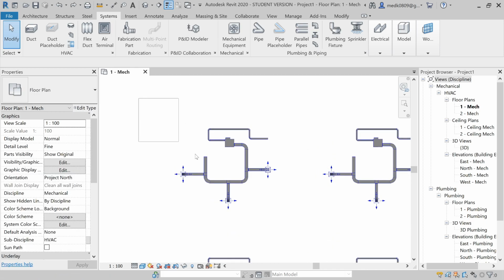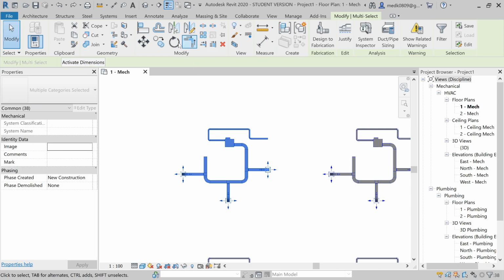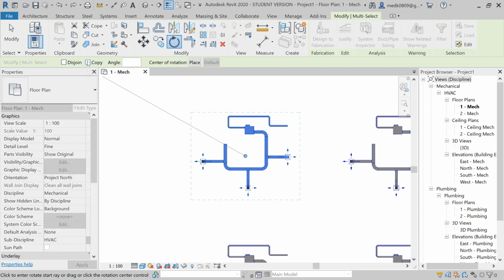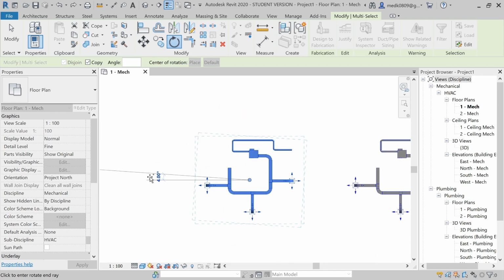Now let's again select this circuit. We'll go again to rotate. Okay, now we have copy and angle. You can use copy if you want to create a copy also. So let's select this copy. Okay, and let's specify the base point. Okay, so I'm selecting this X direction as base point. So let's click here. So this will be the base reference point. Okay, now specify the angle. Let's say the angle will be 90 degrees, 90, and then enter.